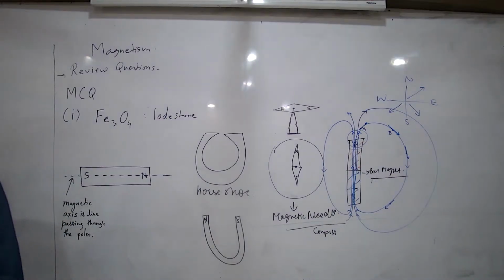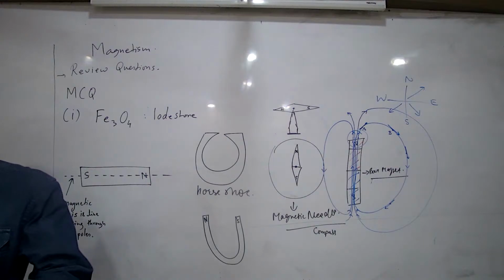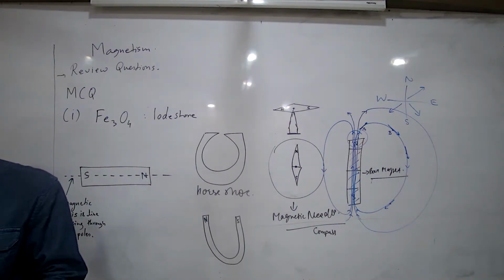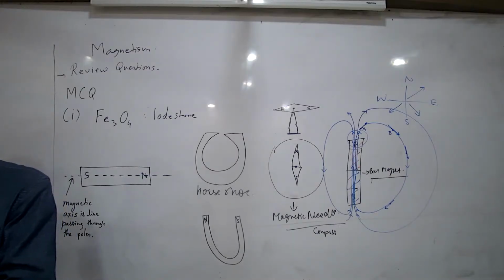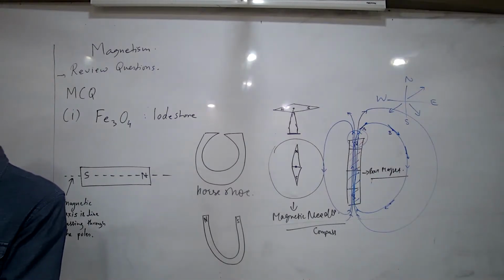So what is happening to the iron powder? They are arranging themselves. Exactly. They are getting attracted. Each particle acts like a tiny magnetic compass. The magnetic induction takes place, and therefore it arranges itself along the tangent. You get it? Each particle of the iron powder acts like a magnet, and a magnet has a property to orient along the stronger magnetic field line. So that's why when you gently tap, all of them arrange along the magnetic field lines. Is that clear?